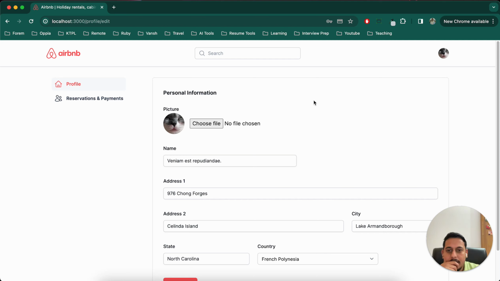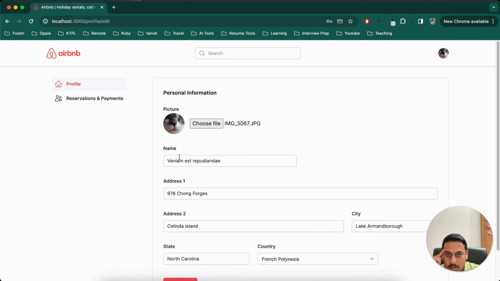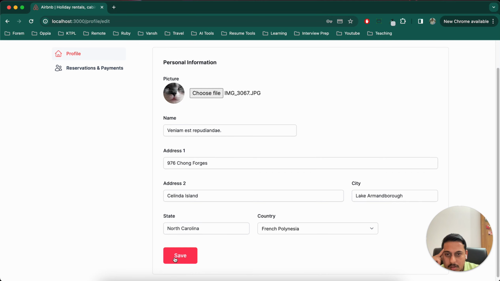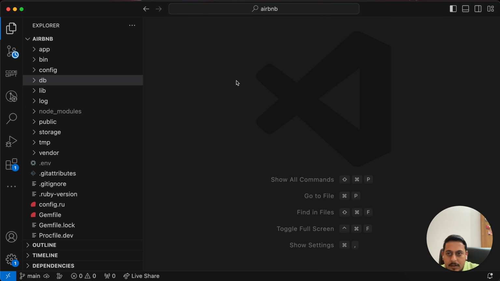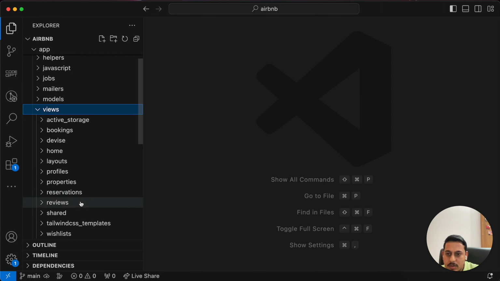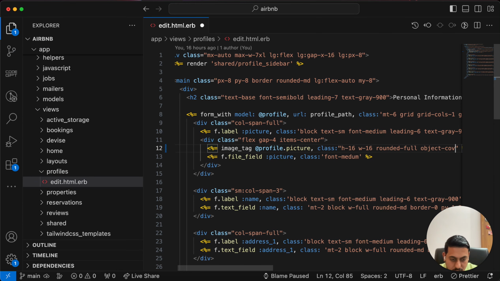There is one thing that I want to do about this picture. I think it was not correct. Let me check. Yeah, it is a bit distorted, so let's fix that. For that, let's go to app, views, profiles, edit, image tag. Okay, let's add object cover,